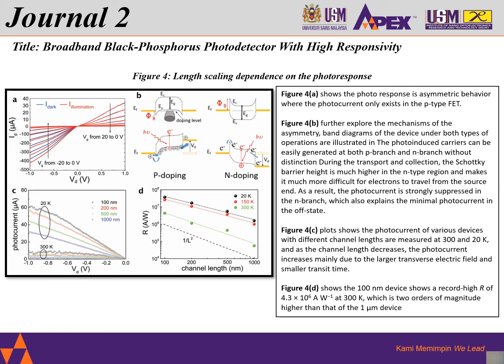Figure 4 shows the length and scaling dependence of the photoresponse. Figure 4a shows the photoresponse is asymmetrical, where the photocurrent only exists in the p-type FET. Figure 4b will further explore the mechanism of the asymmetry. Band diagrams of the device under both types of operation are illustrated